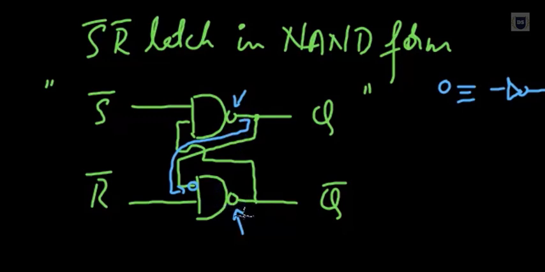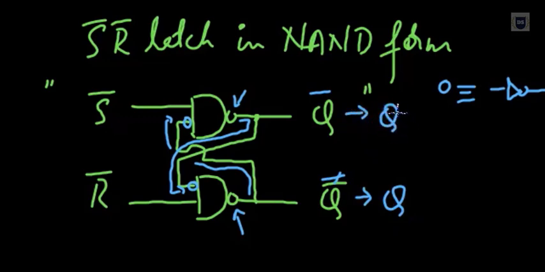Now I'll again shift the other bubble that I'm having over here, all the way from here via this path, and that bubble appears over here. As we have moved this bubble, the output changes. Because I'm moving this bubble, here I got to insert one bar, and here also we have shifted this bubble, so we got to insert one more bar over here. Because of this double inversion, it cancels out, and here we'll have the transformed output as just Q, and here we'll have the transformed output as Q bar.